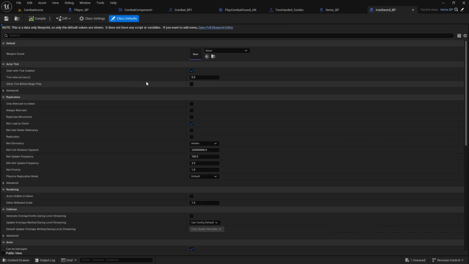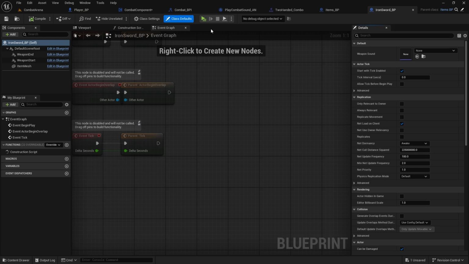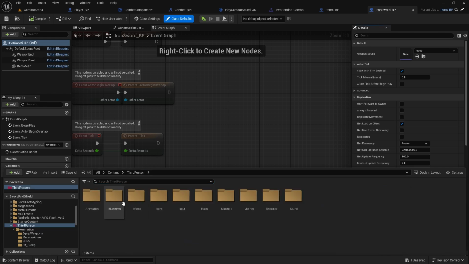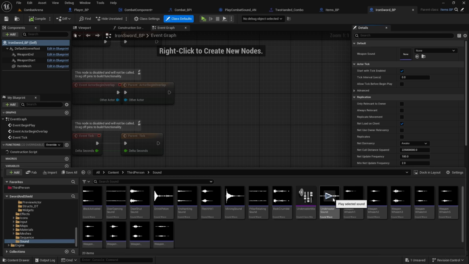So it's here, open it up, and here you got the weapon sound. If you open a full blueprint editor, you have it here on the side. So for sword, I do have the sound effects already. It took me quite a while to find the ones I want to use, but they sound like this. You can get them on my Patreon, or you can just find your own, but it's just weapon swooshing sound,